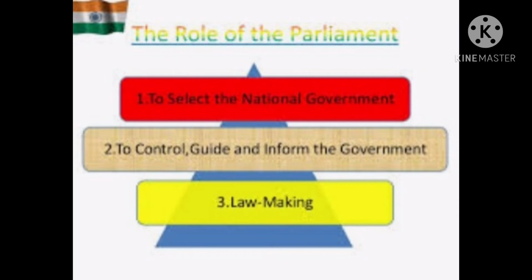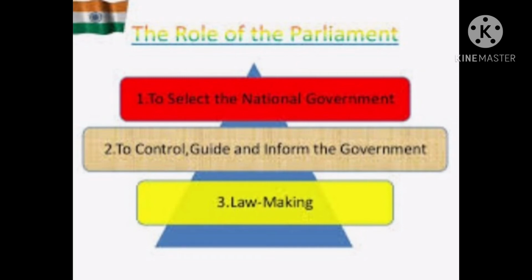See children, here you should understand the difference between Lok Sabha members and Rajya Sabha members. Lok Sabha members' tenure is 5 years, but Rajya Sabha MPs' tenure is 6 years. The Rajya Sabha is a permanent body, but the Lok Sabha, once in 5 years, will be dissolved and new elections will be conducted. Sometimes due to law and order it may be dissolved by the president a little early, but generally Lok Sabha elections are conducted once in 5 years.